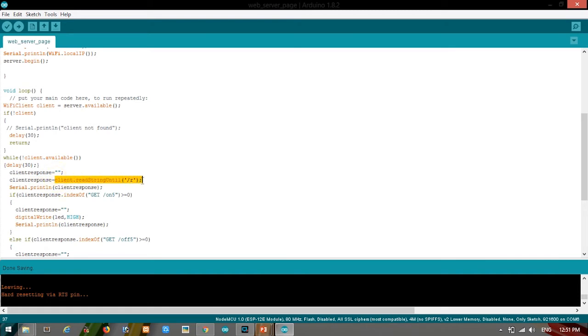This means read the string until it ends. This \r defines that it ends there. So after reading everything, we are storing it in client response right over here. After this, we'll print the client response to see what the response is.